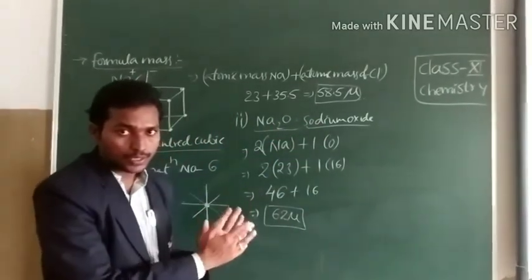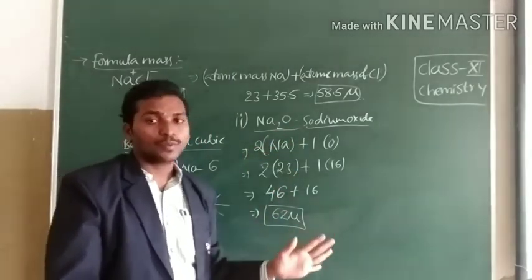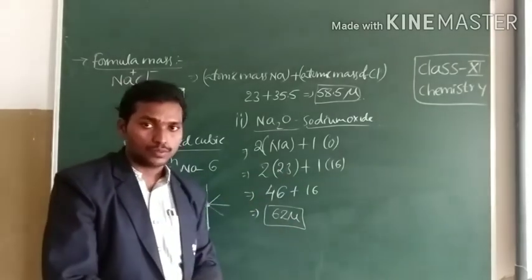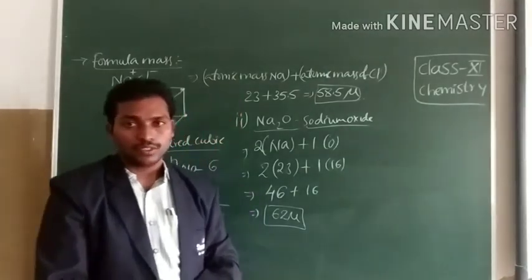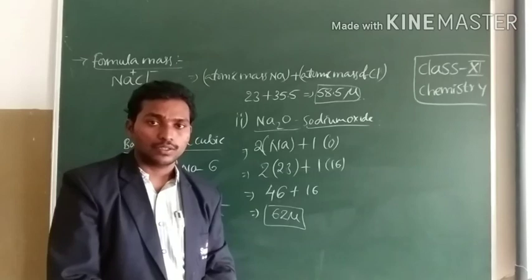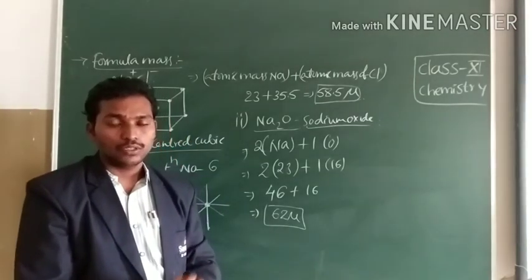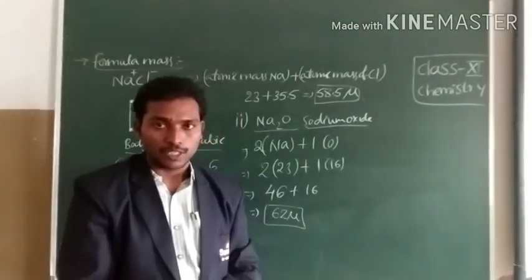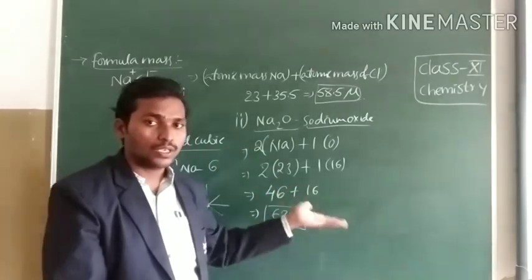So let us recall today's session. In today's session, we have seen atomic mass, molecular mass, formula unit mass. In earlier days, it was difficult to find out the atomic mass of an element, because according to Dalton's theory, the atom is the smallest particle of matter. But nowadays, we have mass spectrometry. By using mass spectrometry, we can find out the accurate mass of an element.